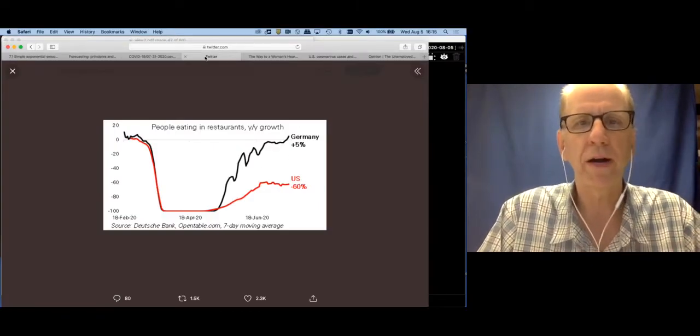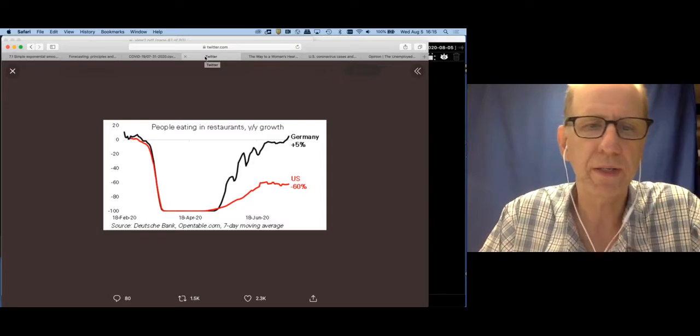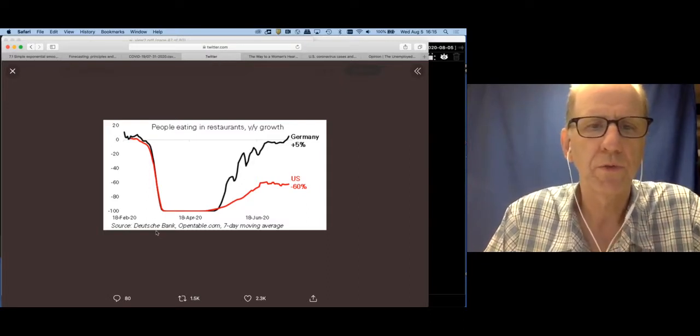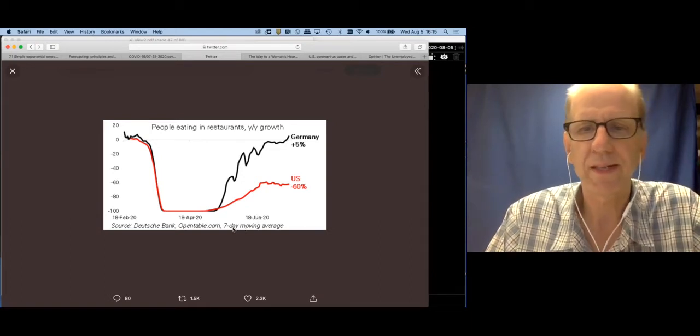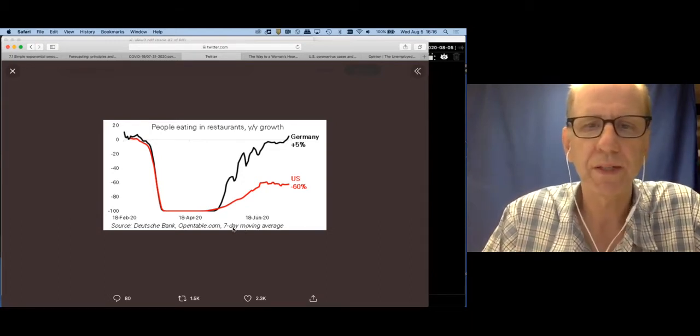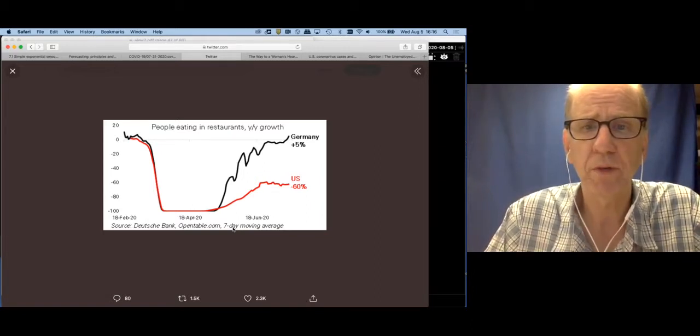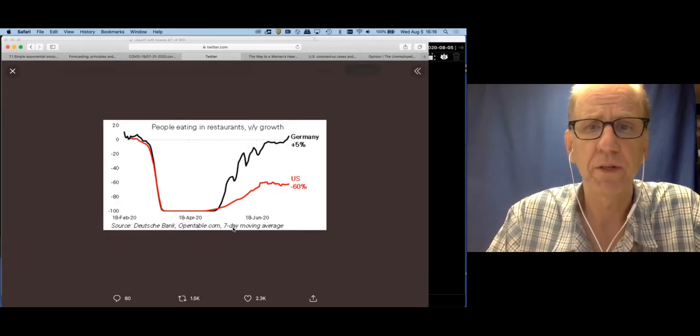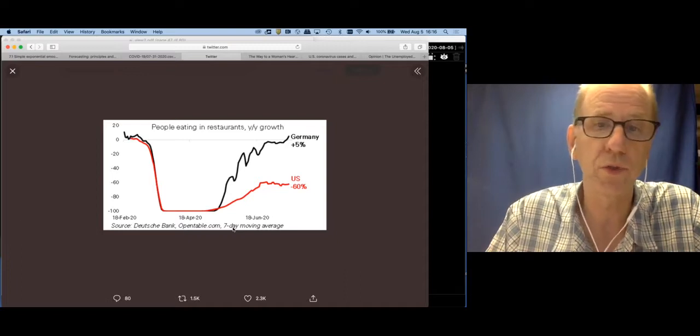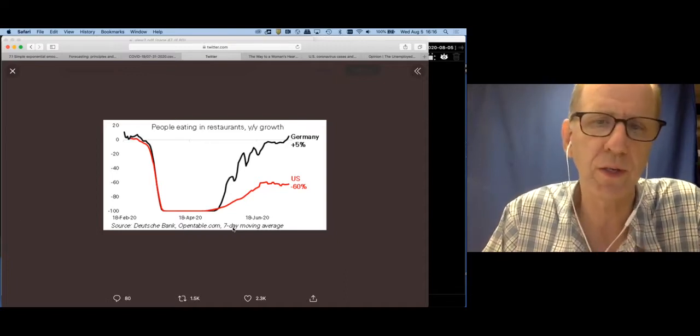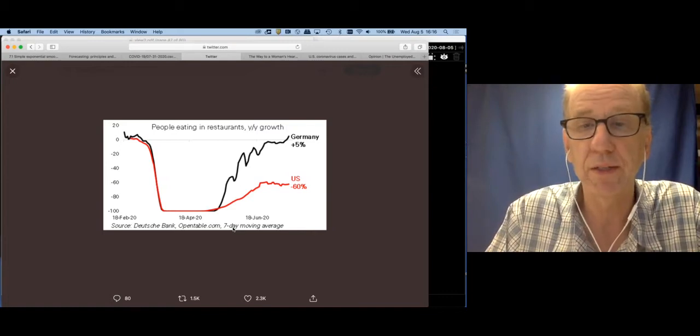I saw another graph just over the past couple days. This was one from Deutsche Bank, where again, it's a 7-day moving average of how much people eat out at restaurants. So the point again is we got a 7-day moving average. The reason it would make sense is because eating out is probably cyclical. There's probably definite weekly trends where maybe people eat at certain restaurants more on weekends versus weekdays, or vice versa. And so that's why they're showing a 7-day moving average instead of